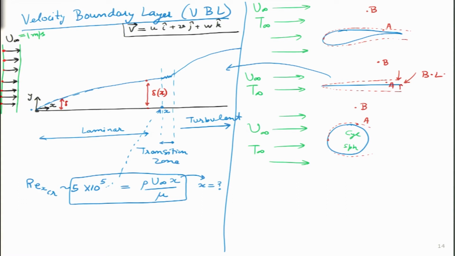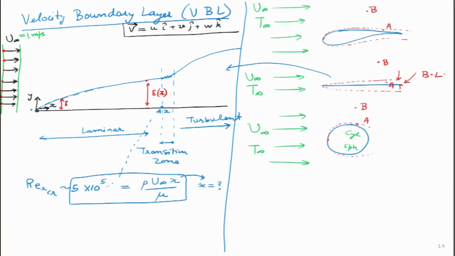Because on this particular side there is no obstacle, there is no plate. If I can show this plate like this over here, if let us say this is the plate and air is coming in from the left hand side over here. Till the point it actually hits this particular plane, from here onward x equals 0, it starts from here and then it goes in this particular direction. Y is in the vertical direction in this particular example. So, when air is coming in from the left hand side, it is having the uniform velocity profile. I hope this particular point is clear. That is why we have shown it in this diagram.